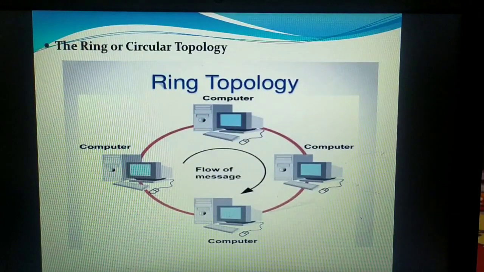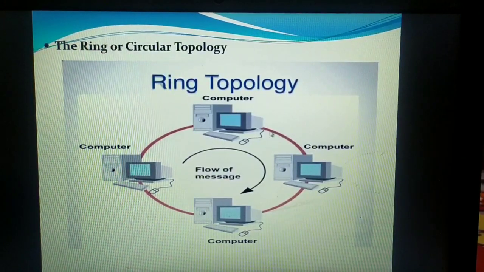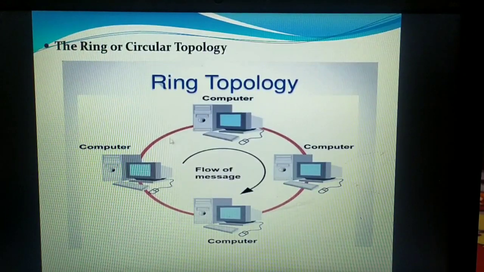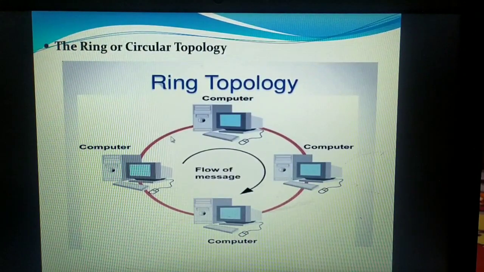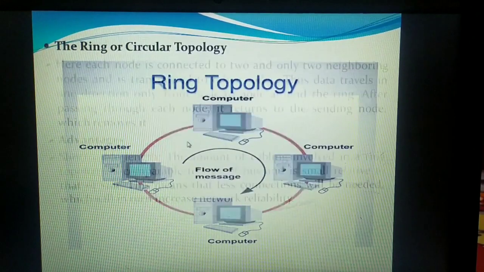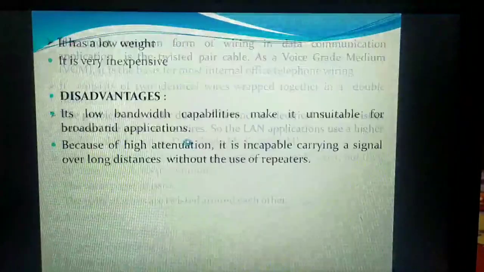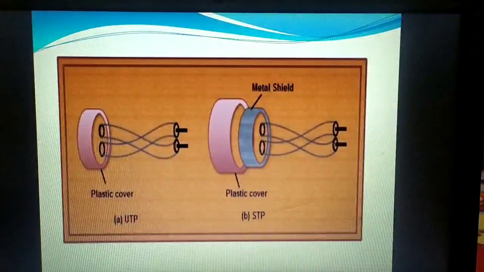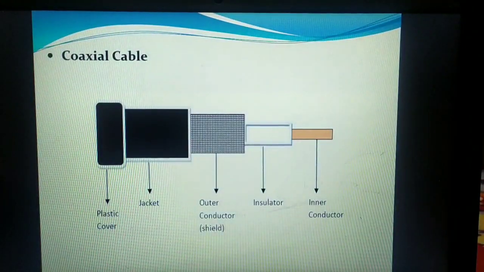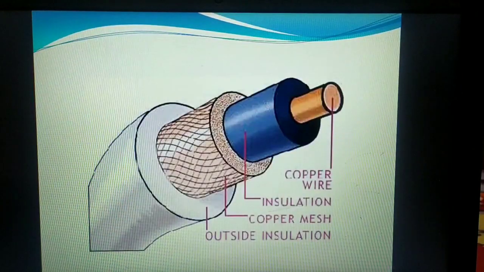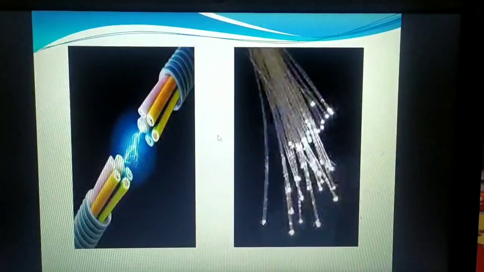The first one is short cable length. That means you can see we are using very short cable length, and the cable might be coaxial cable or fiber optics. Coaxial cable is the cable which we use in TV cables, and the fiber optics cables, I'll just show you. Now this is coaxial cable. This is a cable which you use in the TV cable, and this is the fiber optics cable.